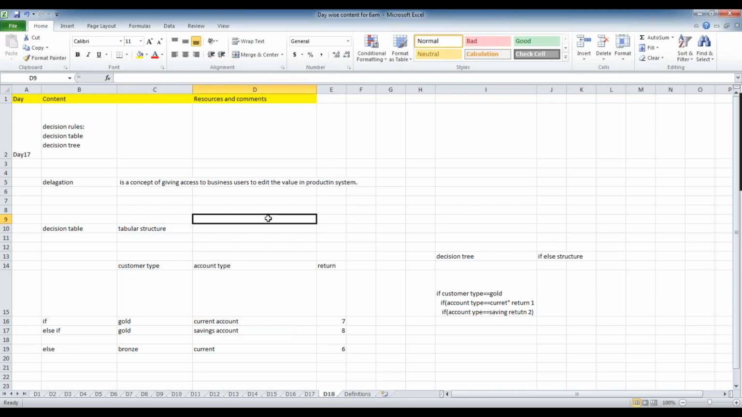Most of the time they will be changing the decisioning rules. So we don't need to delegate all the rules. Wherever the decision is required, wherever business involvement is required in the production system, we can delegate those rules here. Now we will see how to do it in the system. And before we go to the system,